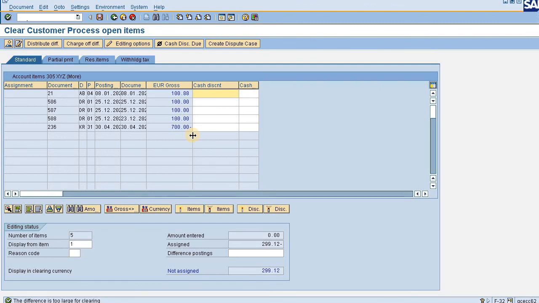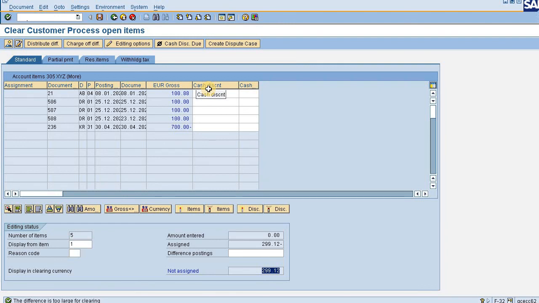So now the question is, then how to clear the same? Now the answer is, we have to notify our business that this is the balance amount for which system is unable to find any document to be knocked off. So this item needs to be posted. Okay, so once you post any such amount nearer to the amount, then only system will be able to clear all the items together. So that is the overall rule.